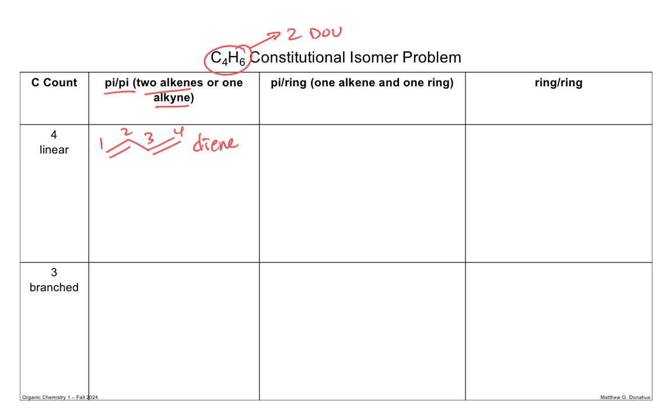What if it was a triple bond? That would be a terminal alkyne. We could have it internal, so CH3, triple bond, CH3. So you would use the uniqueness to differentiate them. And then when we actually start seeing IR and NMR data,